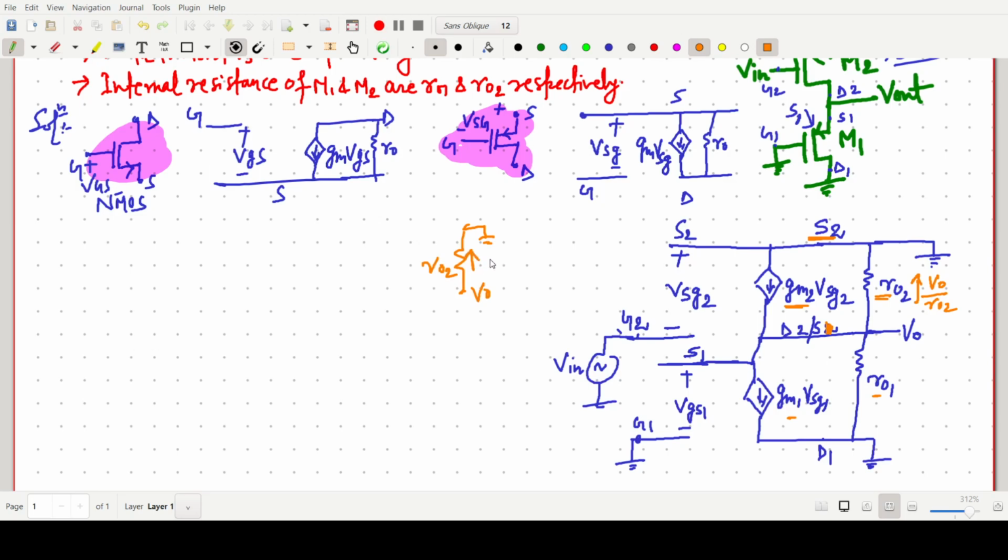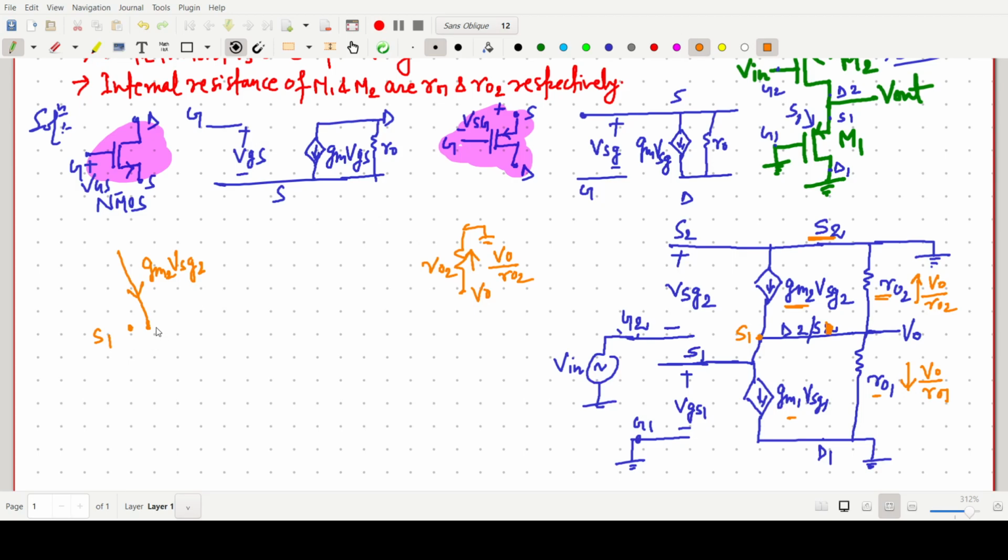So this current will be V naught by R naught 2, and this current will be V naught by R naught 1. So there are four currents. If we think about this point, I am writing here, this point is say S1. Take this point as S1. So at this S1 point, what is the current? Say gm2